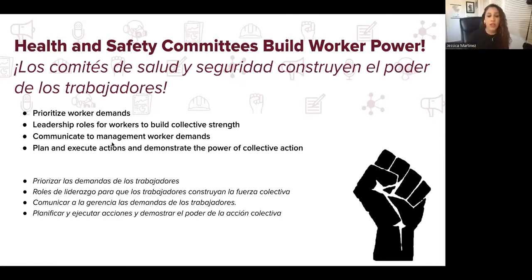By organizing around health and safety issues, committees can both tap into deep motivations for change among their coworkers and overcome some of the fear that comes with confronting the employer. Safety is also a legal, moral, and civil right for all workers. And lastly, the public and community support worker safety for the most part. When an employer is exposed for dangerous working conditions, usually everyone, both workers and the public, see the real value that employer places on the lives of its workers. So that's also very important in the process of building worker power.